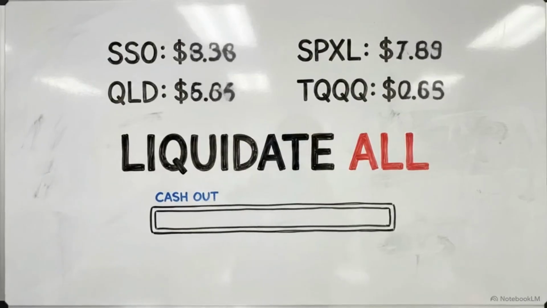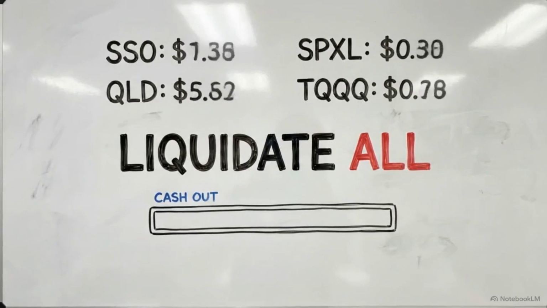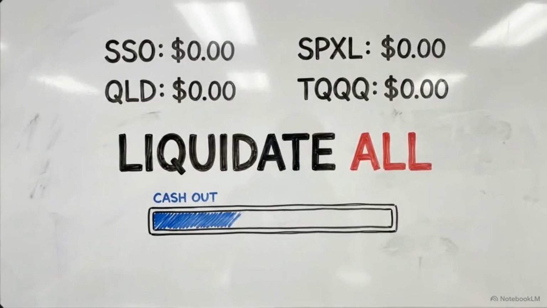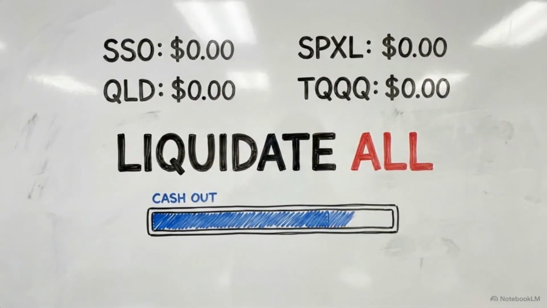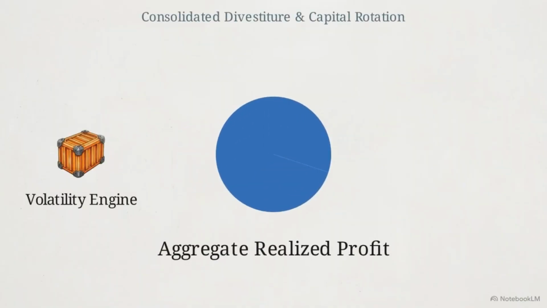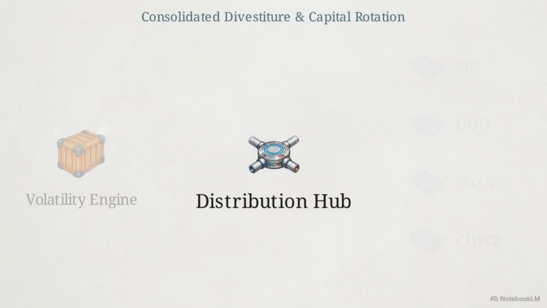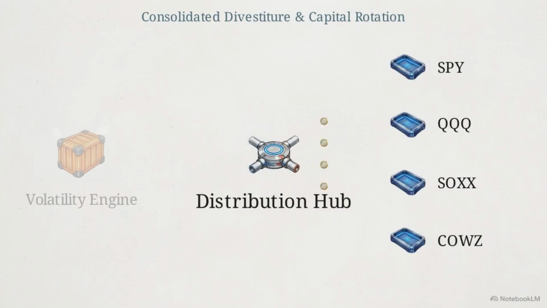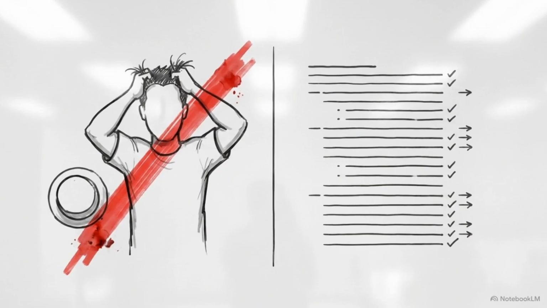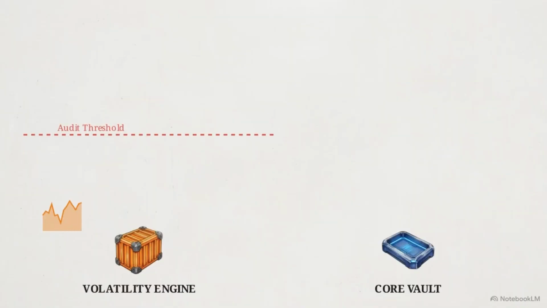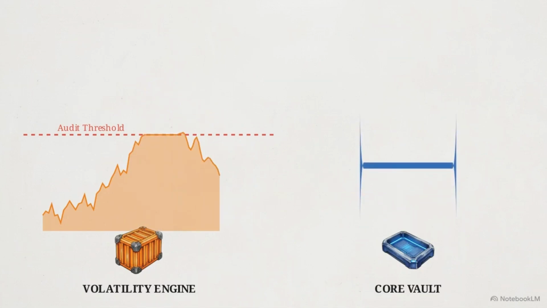If both conditions are met, the script executes. It initiates a consolidated divestiture, instantly liquidating 100% of the Volatility Engine. To handle the tax burden, the script immediately provisions a 30% short-term capital gains tax liability on that aggregate realized profit. The net post-tax proceeds are then permanently rotated out of the engine and distributed equally across the 4 stable assets of the core vault. This mechanical sweep actively removes human greed from the process. It ensures that temporary momentum spikes in highly volatile instruments are permanently converted into unleveraged equity before the market inevitably